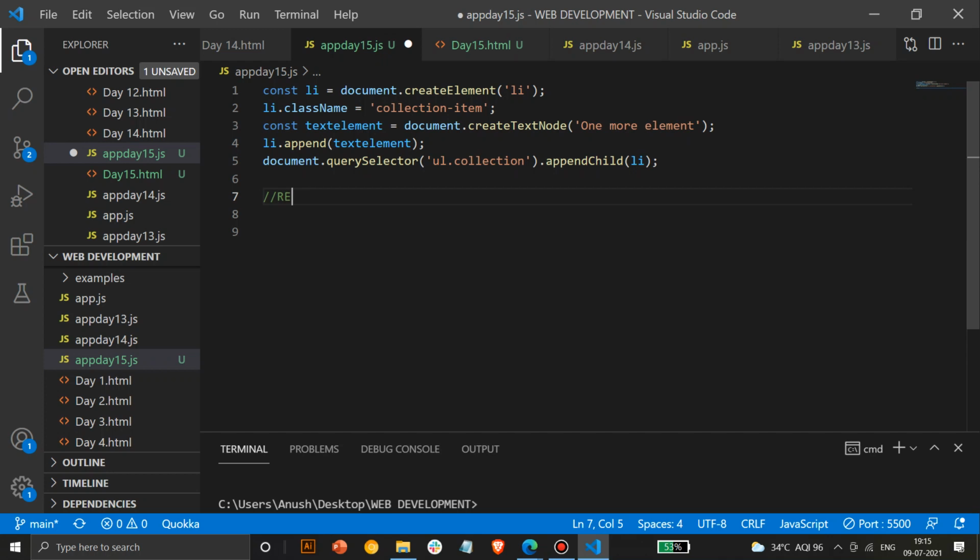Okay, so we'll see how to remove an element. So how to get a specific element, anyone? What methods do we use for getting a particular element if you have to remove it?